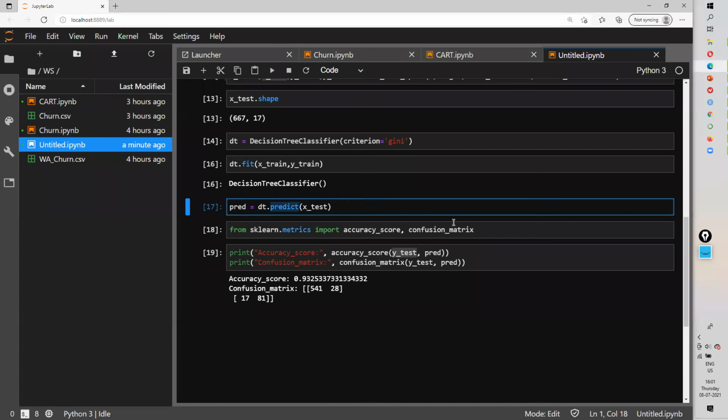Generally, dividing data into training and testing is done through a random selection process. When we use this train test split, we just mention what would be the proportion of your test size. I mentioned it as 0.2. That means randomly 20% of the data will go into testing and 80% of the data will go into training. Which observations go into train and which go into test, we cannot control that. And we always love that. We want the split into train and test to be purely on a random basis.